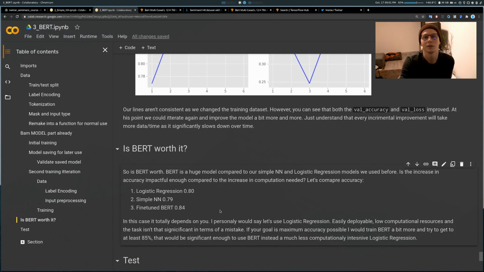You can implement it in a simple web page. Now, simple neural network, no. You already have a logistic regression with better accuracy than the simple neural network, so just go with that. Now, when we compare fine-tuned BERT with logistic regression,